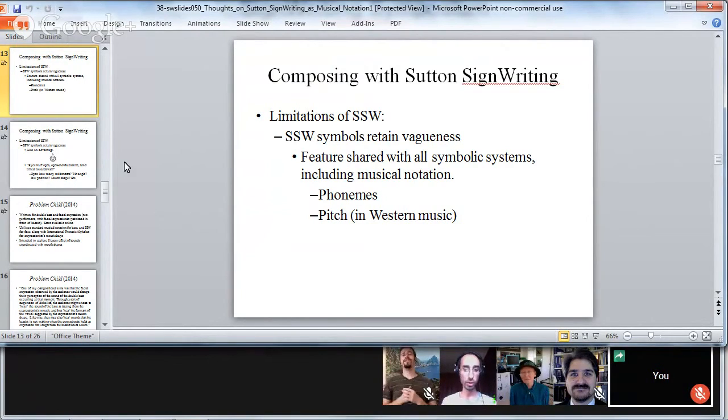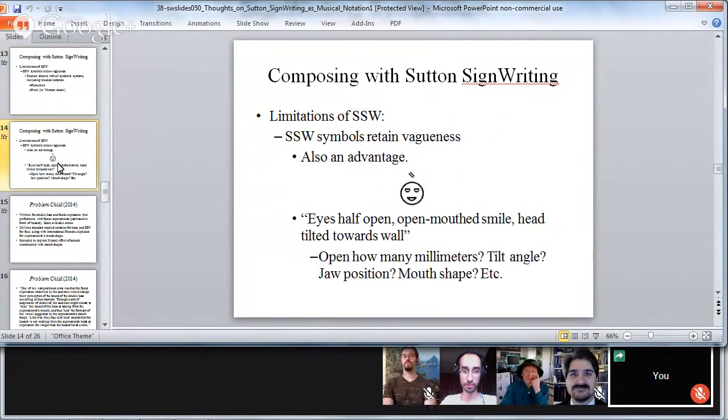So if we go to the next slide. This is an example of a symbol that I used a couple times in the piece. Oh, I'll wait for a second. I don't even think you... Well, yeah, okay, wait, that's a good...